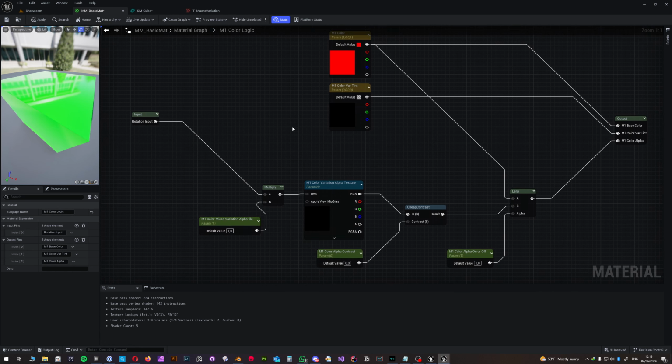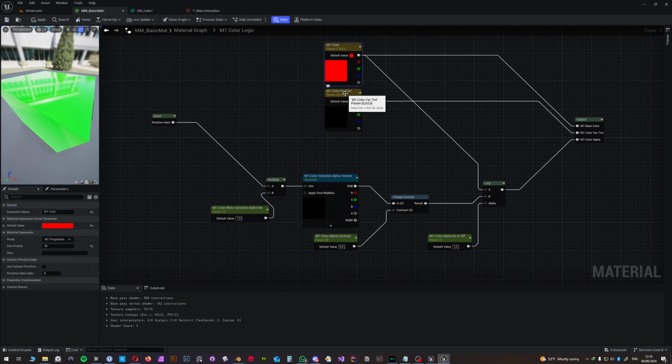So to recap, real quick. We have the main color, variation tint. They're driven by the alpha. Okay, so everything is ending up into the lerp, and this is driving the difference. So without this, we wouldn't be able to actually shift in between these two, depending on a texture. So we need the actual texture to drive the variation color. And without that texture, it would just be either this or a mix between the two. So it would end up a darker red the more you bring into the black until it fades to complete